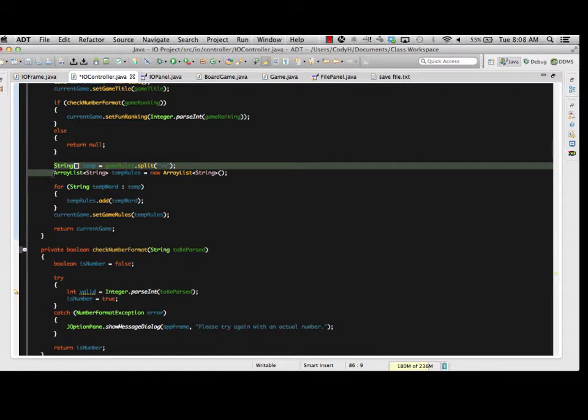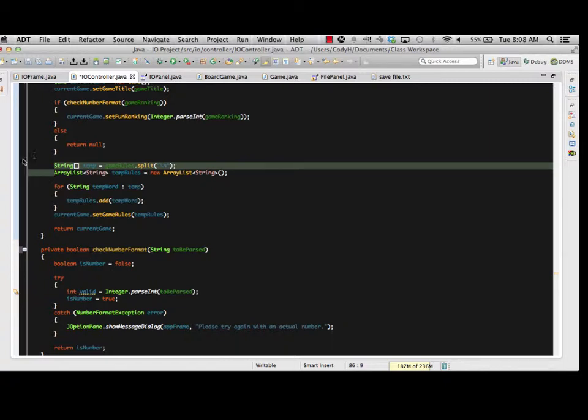We decided that our rules were going to be an array list object because our rules could change. They might have more rules, there might be less rules. And because those rules can change in quantity, we decided that array list would be a better option. But the .split method that we've already used will only return an array. And so we need to go through and take the contents of that array and put it into an array